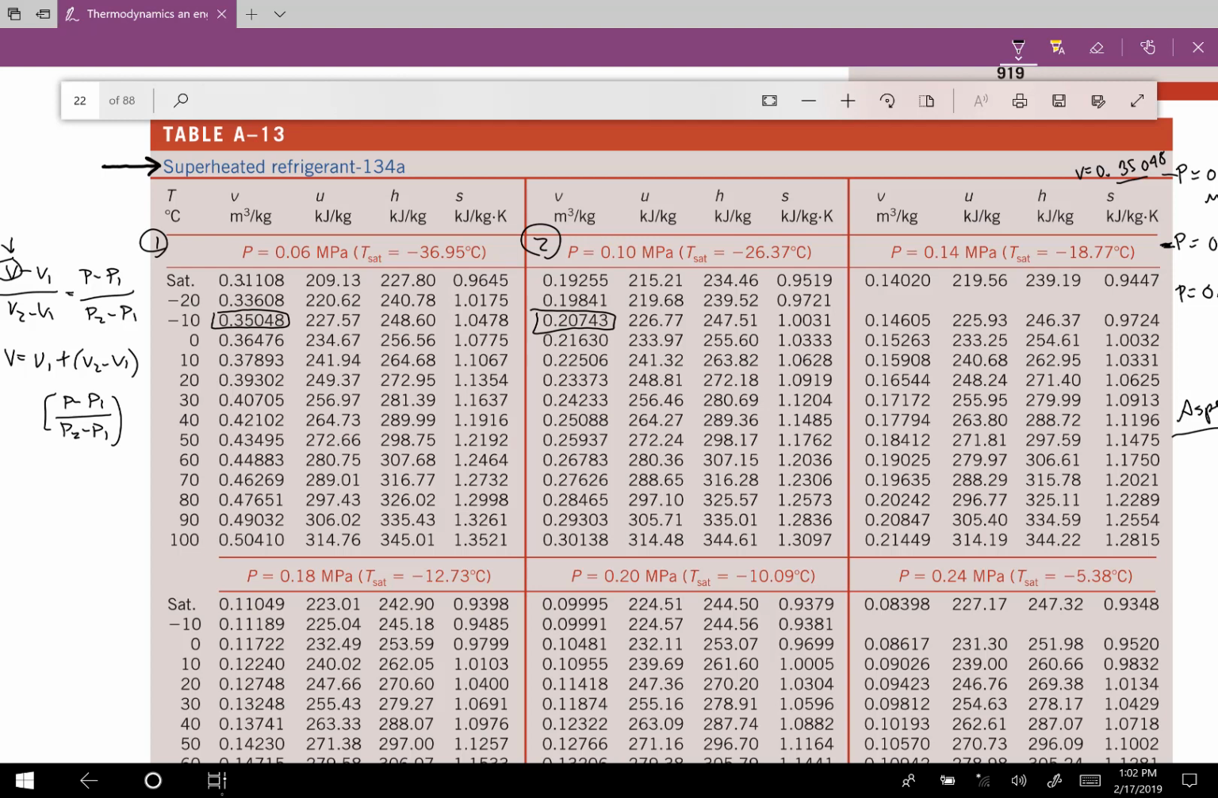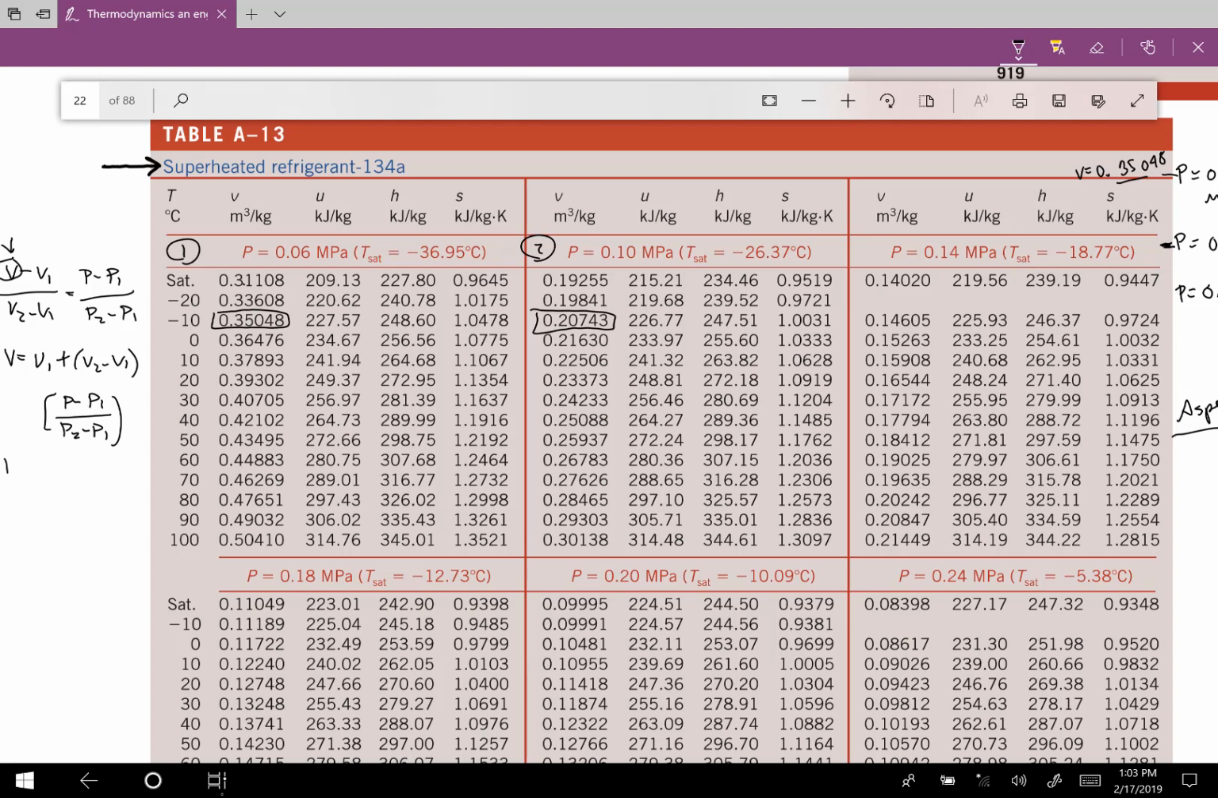And we can define these however we want. So I said this one was 1 and this one was 2. We could also say that this one is 1 and this one is 2, and we would get the same answer. So just be consistent with how you define them, and you should end up with the same answer either way. So then what we can do is just plug in some values to figure out what our specific volume